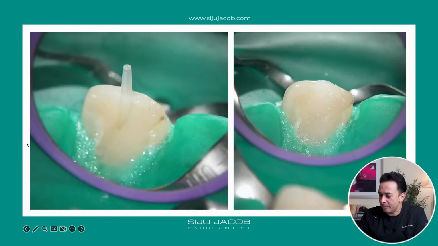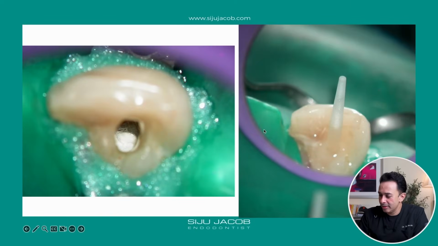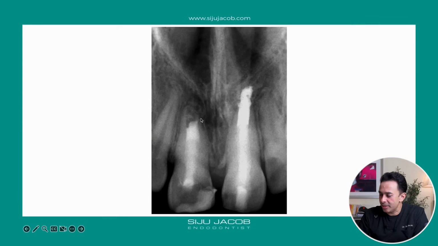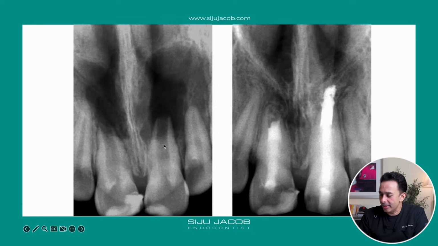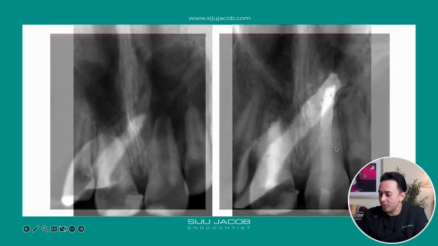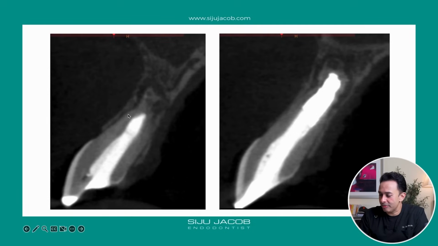And then we put a fiberglass post in both these teeth. The MTA hardened, and I put a fiberglass post in that as well. So you can see that's the post top. So you have MTA here, fiberglass post and core. This is gutta percha and fiberglass post and core. So this is how we started and that's how we ended. And if you look at the cone beam CT, you can see this is the first one. Although it appears short, this whole area is kind of calcified, but there is a periodontal ligament sort of, I don't know what that is. But yeah, I would say this is a pretty good result considering where we started.